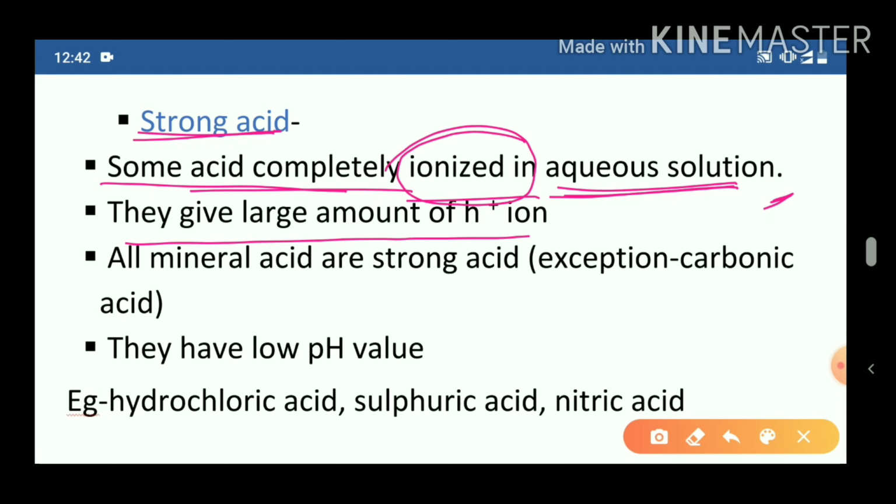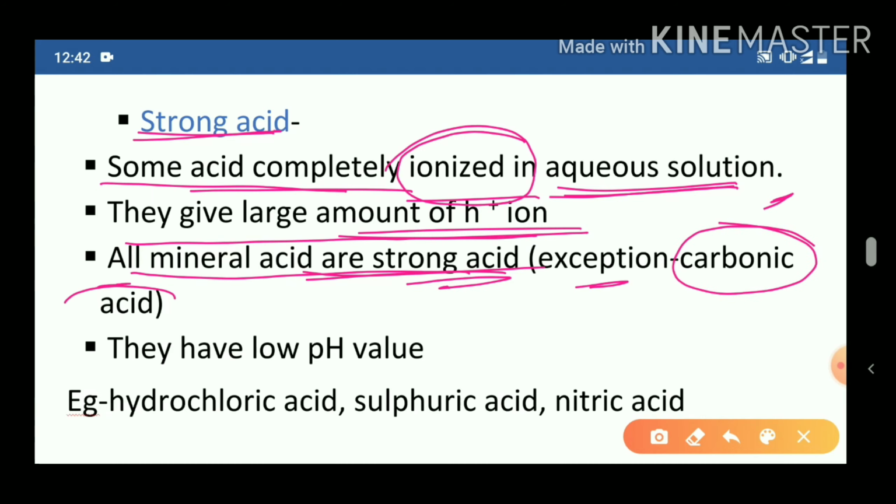They give a large amount of H plus ion, that means they give hydrogen ion in large amount. All mineral acids are strong acids. We have studied about mineral acid. The acid which is obtained from the minerals of the earth are known as mineral acid. So all the mineral acids are strong acids, exception carbonic acid. Very important,